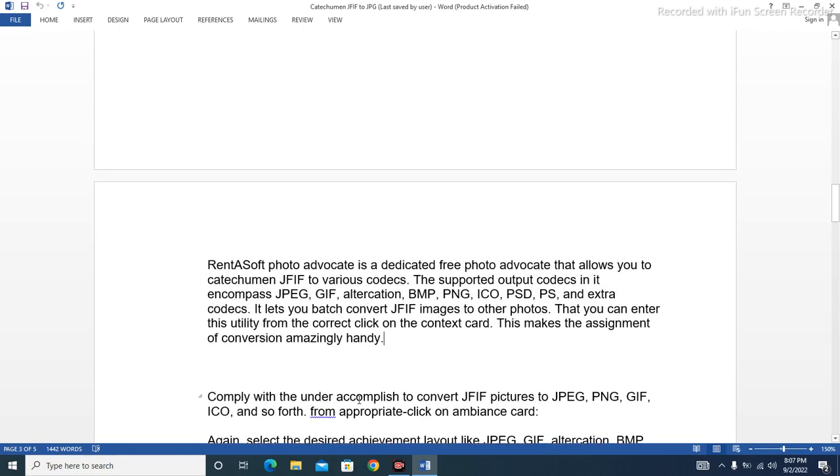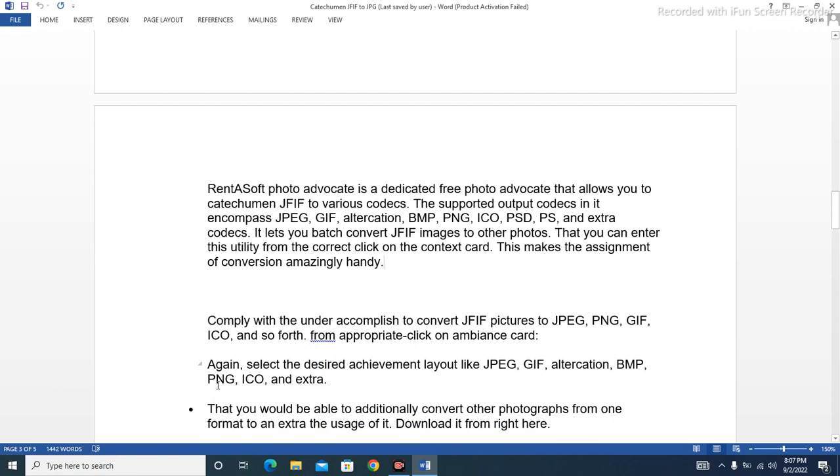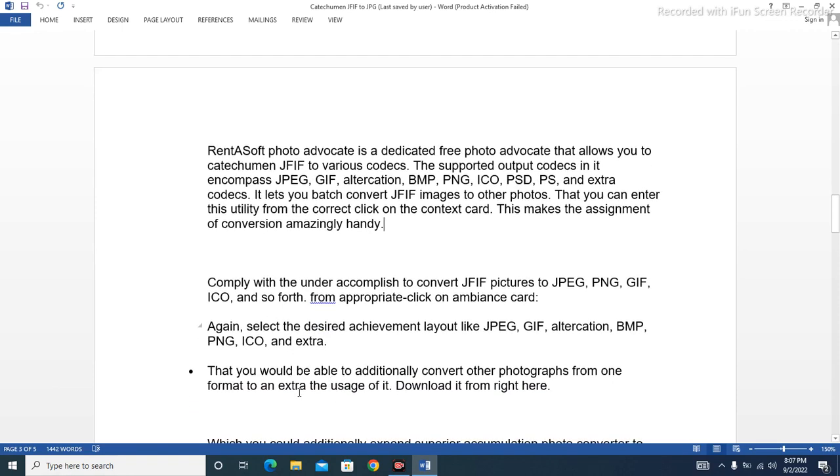Follow the steps below to convert JFIF images to JPG, PNG, GIF, ICO, and so on from the right-click context menu. Then select the desired output format like JPG, GIF, TIFF, BMP, PNG, ICO, and more. You can also convert other photographs from one format to another. To use it, download it from here,